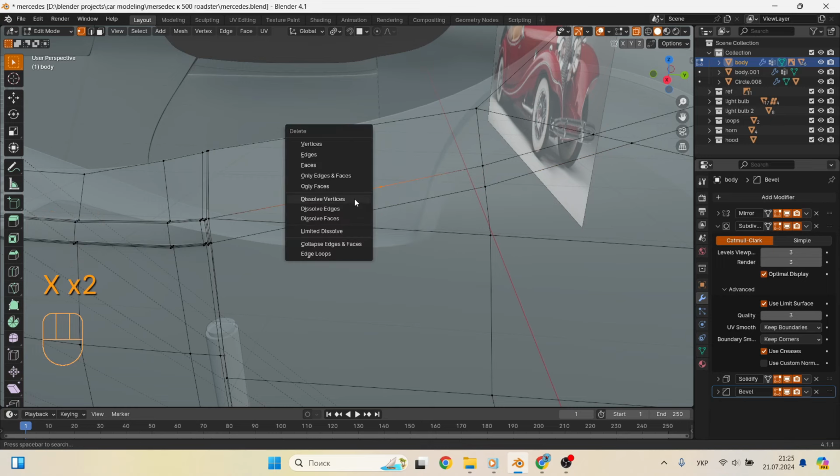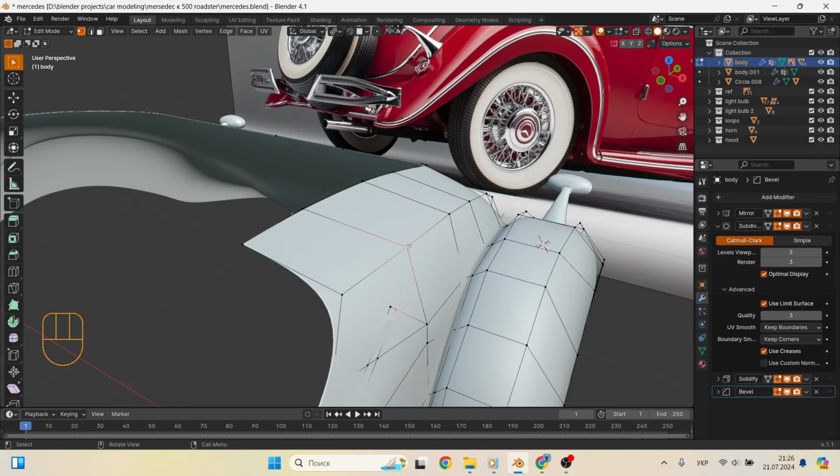And also, since this part goes through half of the car, make sure that the body is as ready as possible for this, since it will be more difficult to fix something later.